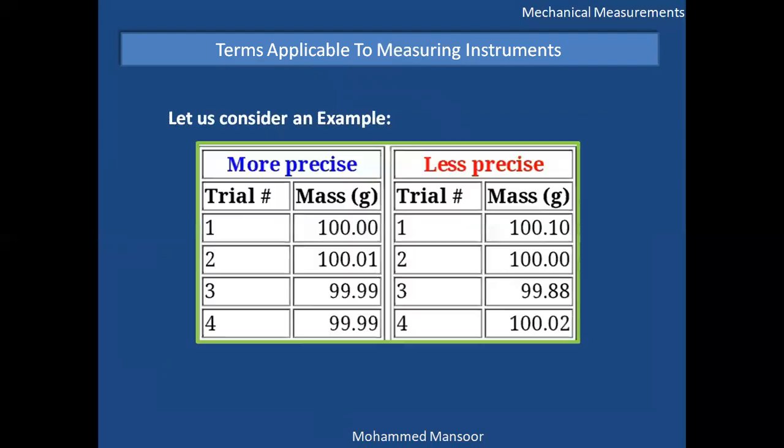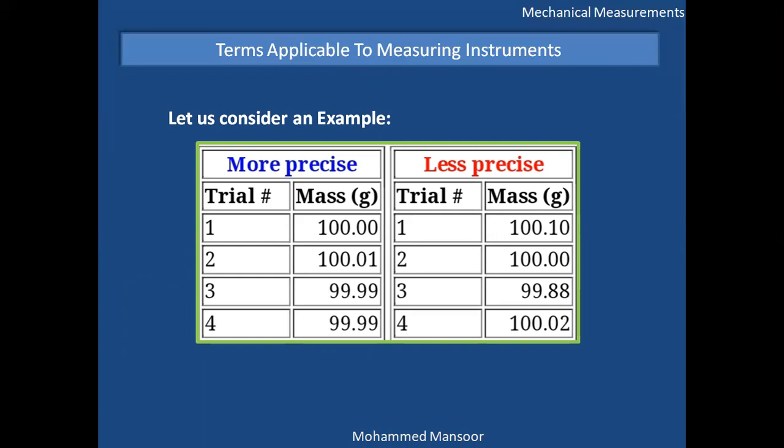Let us consider an example. There are two sets of measurements here. We have taken trials 1, 2, 3 and 4, and on different trials we got different values. Here it's displaying the weight measurement. In trial 1 we got the mass as 100 grams, in the second 100.01, third 99.99, and fourth 99.99. In the second set of values, we have taken four trials, and the values are 100.10, 100.00, 99.88,